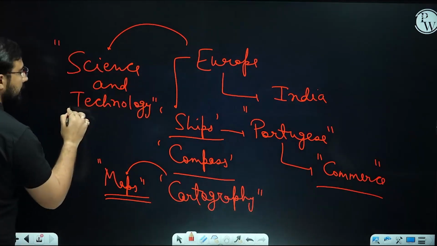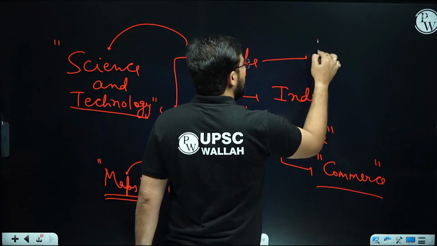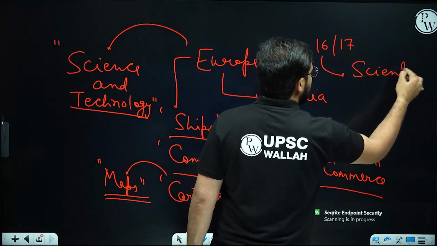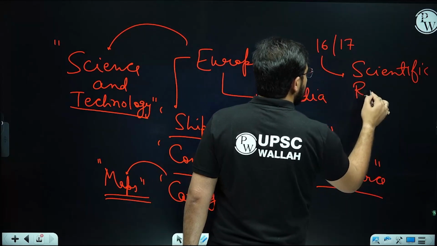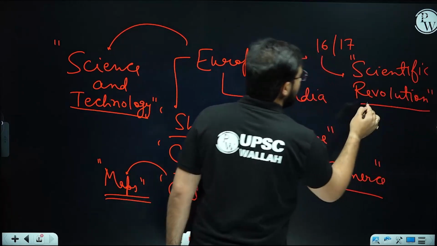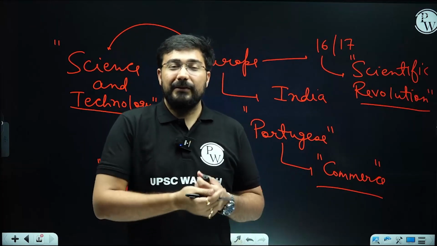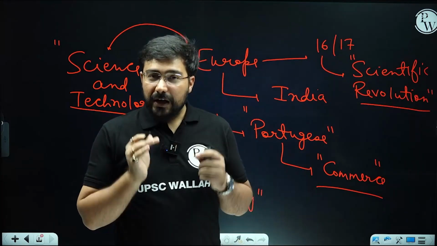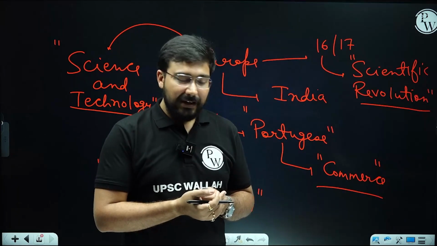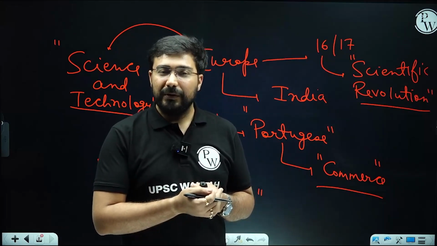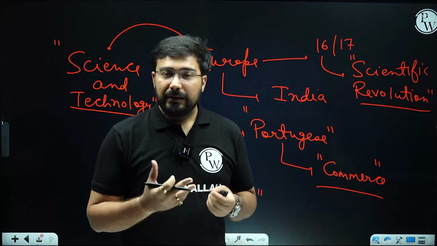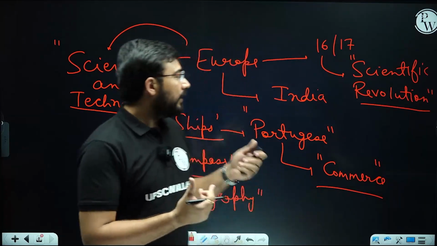In fact, in the 16th and 17th century, Europe will see what is known as the scientific revolution. This scientific revolution was largely trying to tell us about the world without using the ideas of the Pope, without using the ideas given in the Bible. So on the basis of rationality, how the world was functioning was being discussed during this scientific revolution. Like, all of you know about Newton, all of you know about Kepler. So they came out with their laws which were explaining how the world was functioning. So slowly this scientific knowledge was being harnessed to create technology.